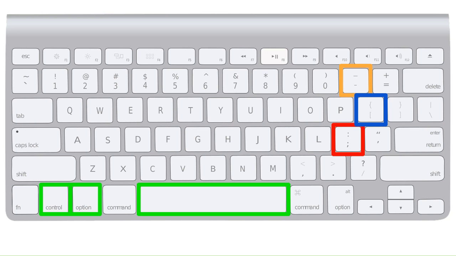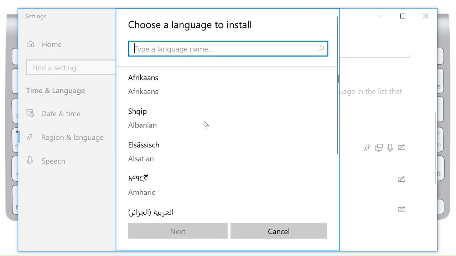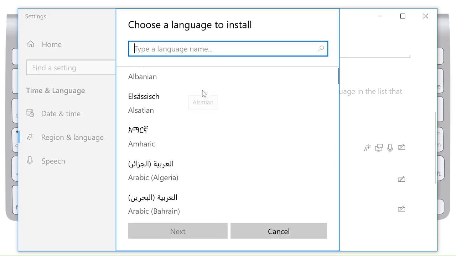In the case of Windows, you just type in the Cortana search bar, language or region, and then the option will come up under settings, there is time and language, actually region and language. Within that region and language setting, you can add a language as you can see here. I already have English and Spanish and Japanese, but for the sake of showing you guys, I'm gonna click on add language, and then we can search through